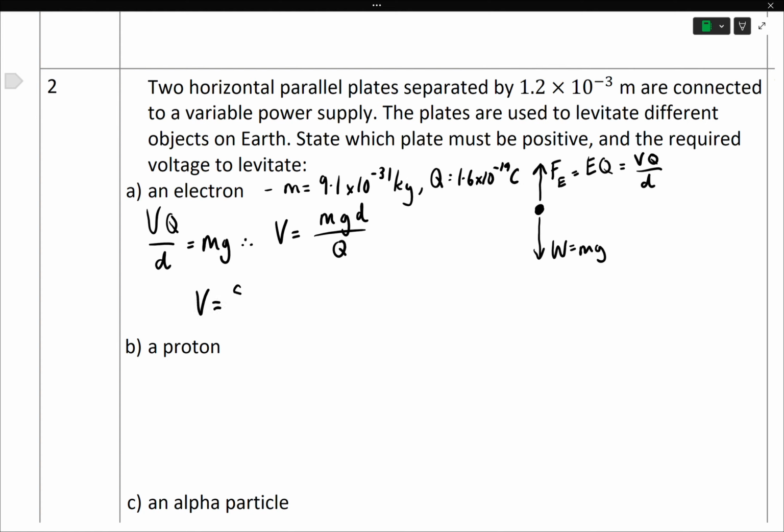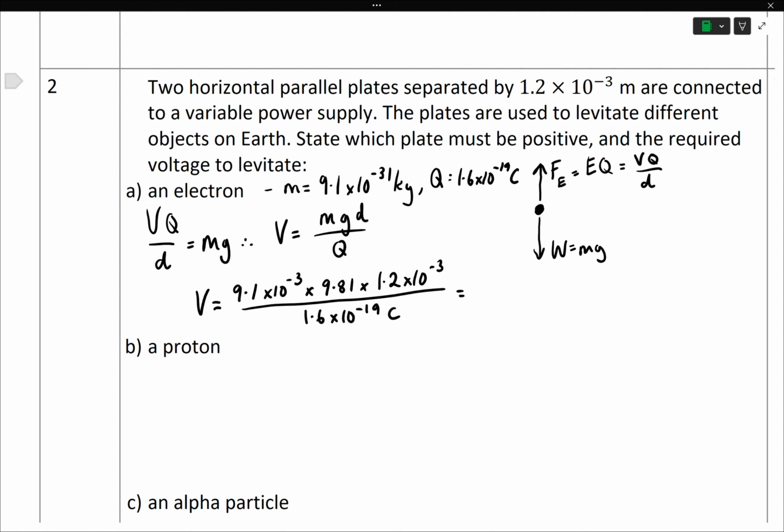So V is equal to 9.1 times 10 to the minus 31 times 9.81 times 1.2 times 10 to the minus 3, that's the separation of the plates that we have up at the top, over the charge, which is 1.6 times 10 to the minus 19 coulombs. So when we calculate this, 9.1 times 10 to the minus 31 multiplied by 9.81 multiplied by 1.2 times 10 to the minus 3 divided by 1.6 times 10 to the minus 19